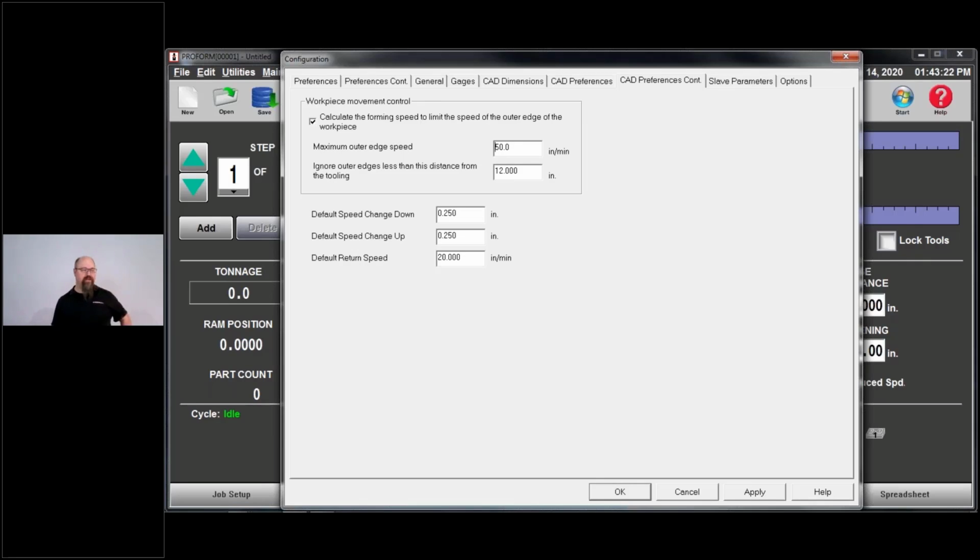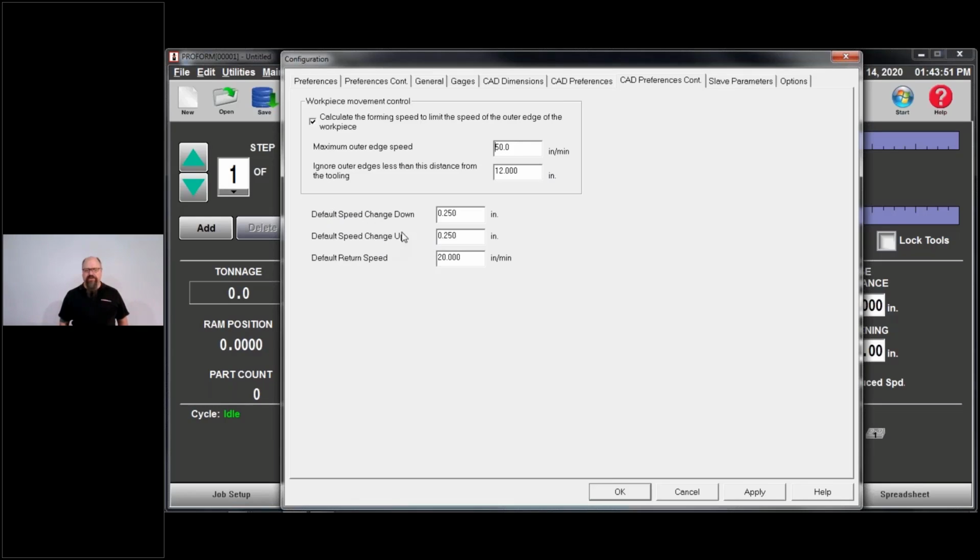I could go 20 inches a minute, but then you're going to get some really slow moving machines. Kind of personal preference on that, but again, I'm going to go talk to my operators on the floor and say, hey, with this part, how fast do you usually set the forming speed? And then I can kind of backdoor that a little bit and come in and set the values there, see what it comes out with.